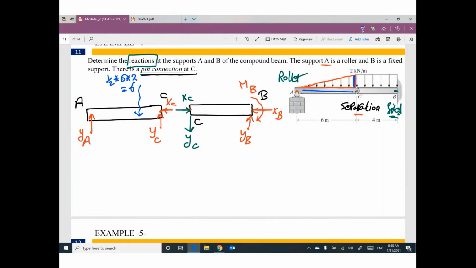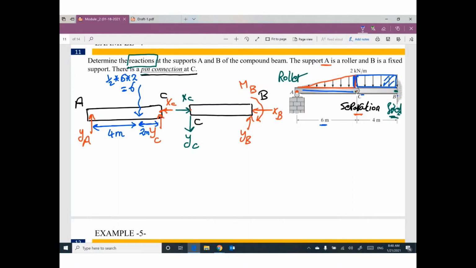We have another distributed load, which is a rectangle. On the other part, CB, I forgot something here. What is the horizontal distance here? And what is the horizontal distance here? Do you remember? One of them will be 1/3, the other one will be 2/3. So I believe 1/3 of 6 will be 2 meters on this side, 2/3 of 6 will be 4 meters from the other side.